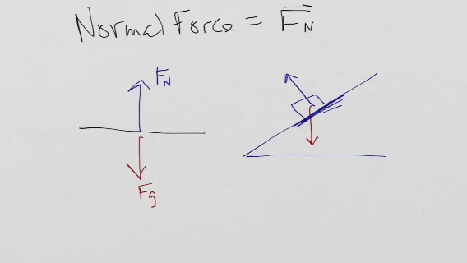Okay? The formula for the normal force is exactly the same. Fn is going to be equal to the object's mass times gravitational acceleration. But when we looked at the previous video where we talked about gravitational force being downward, this one stays as a positive number because the force is pointing upward. It is always going to point in the positive y direction. That's why it has a positive direction. It's never going to have a negative to it.